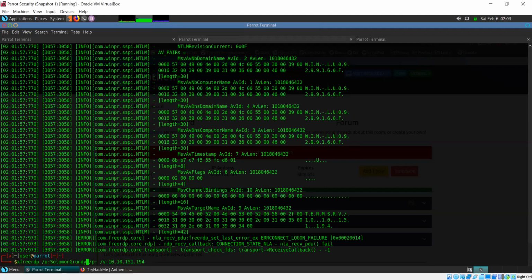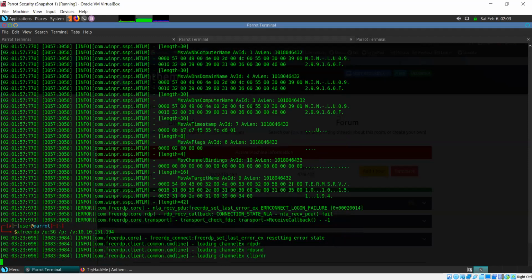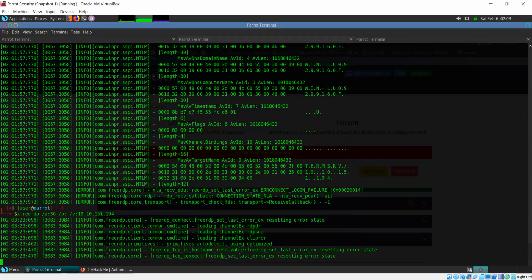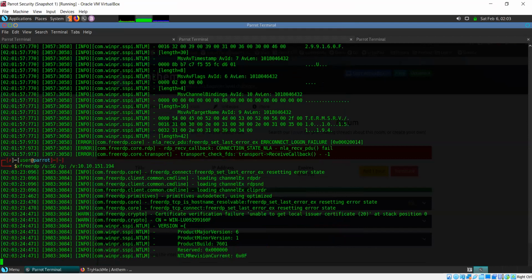So let's try that, and password blank. Yeah, because we don't have any password yet, so I'm not sure about the password. So we should keep it blank, I guess. Still does not work. Are you sure we don't have any password?